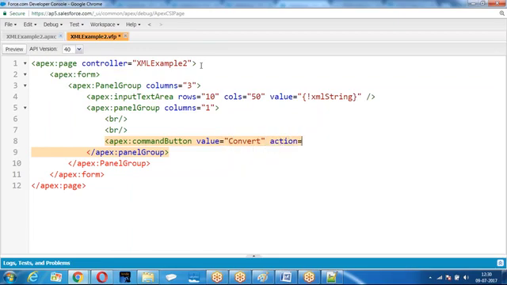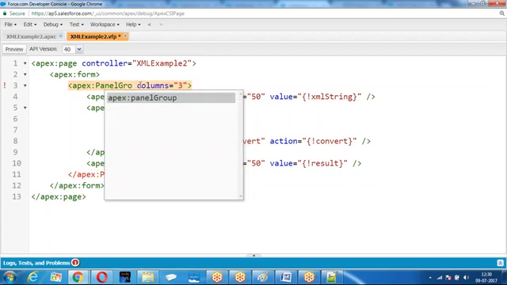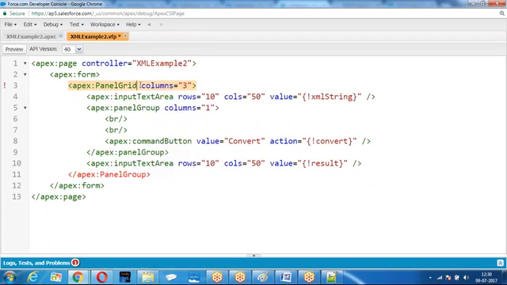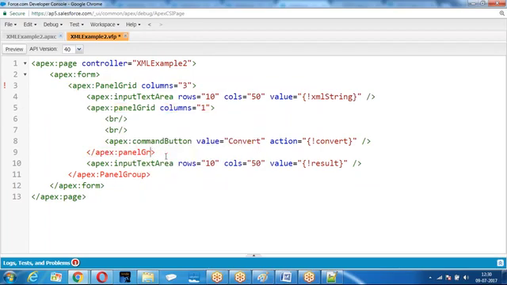When you click on the button, we are going to get it converted. Then we have the third one. Kernel grid. Let me take a grid here. Let me get the view.